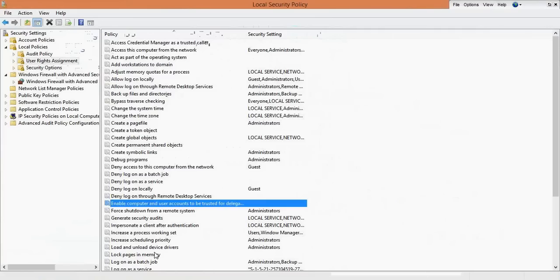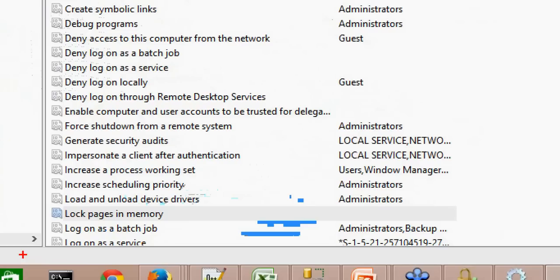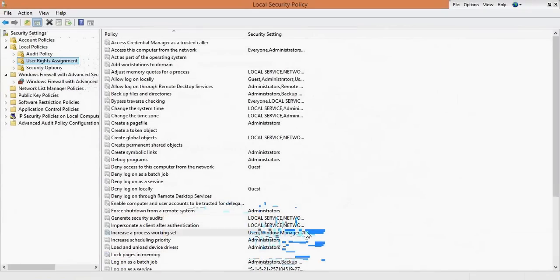Local security policy can be opened by running secpol.msc in the run command, then click on security, local policies. In the local policies, select user rights assignment. On the right side of it, you can see lock pages in memory. Here it is not there, and now I am going to add it.